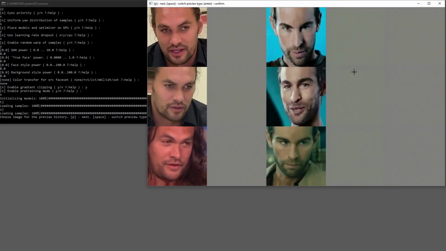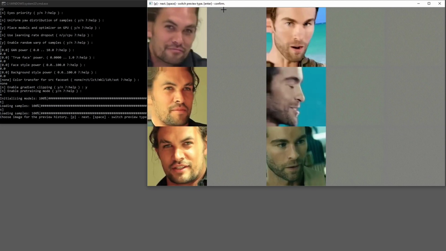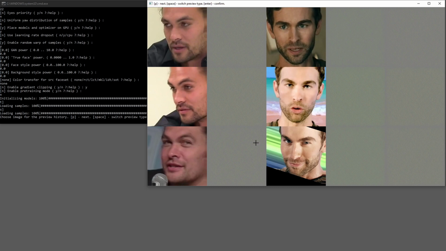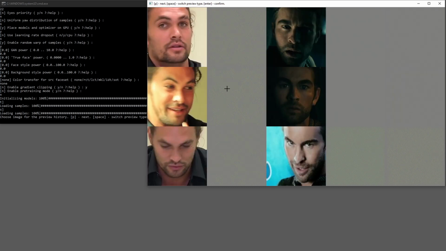All right, so it's loaded the images onto the card, and now it's popping up saying which image, in this case, since I chose that option, which image do you want to do the time lapse for? And in this screen, I can go ahead and press P for next or enter to confirm. I'm going to go ahead and choose some images that have kind of the extremes of acting if I can find them together. And this seems like a good image because we have Jason Momoa looking at camera, looking down,